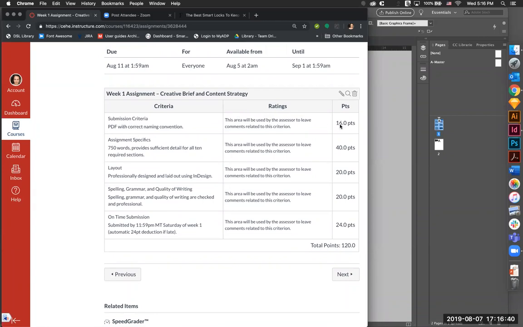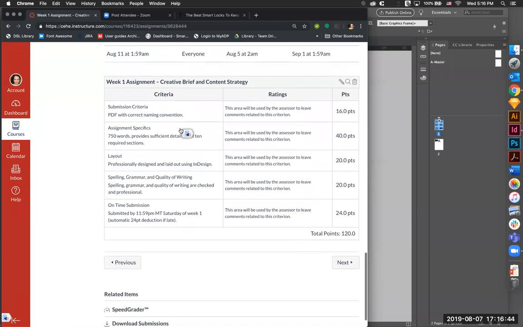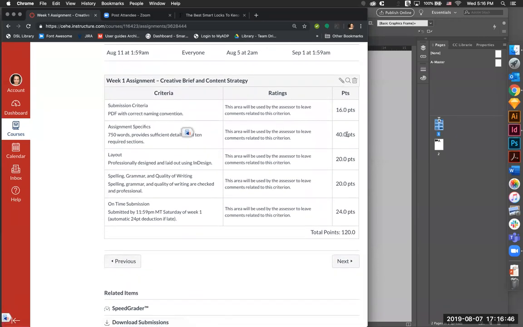So you get 16 points for if your PDF is named correctly. 40 points is that 750 words and provides sufficient detail for all 10 required sections. So you see right here, the assignment specifics, what you write is the most points that you receive for this